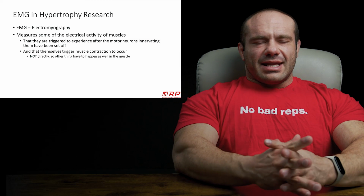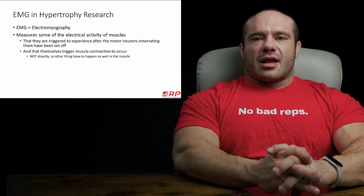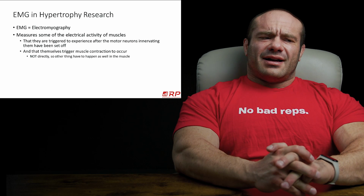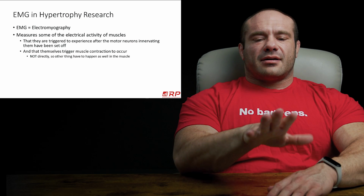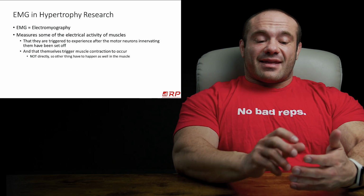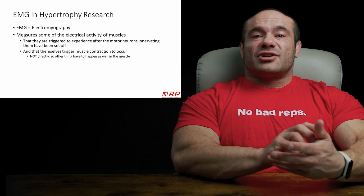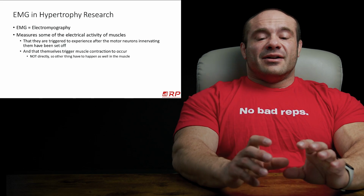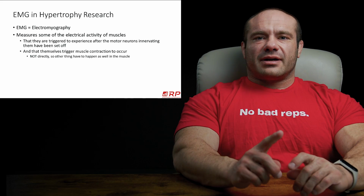So, EMG is used very often in research in exercise science and sports science in general, and very often in hypertrophy research. EMG stands for electromyography. It is technically the measurement of some of the electrical activity of muscles. The motor nerve, the neuron designed to tell the muscle to contract, does so by releasing some chemicals, and then these chemicals bond to the surface of the muscle, and that starts an electrical cascade which wraps around the whole muscle and actually penetrates in some cases deep into the muscle. And that electrical cascade is something that we can measure to a decent extent, though not perfect, with